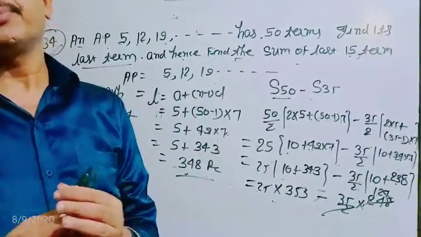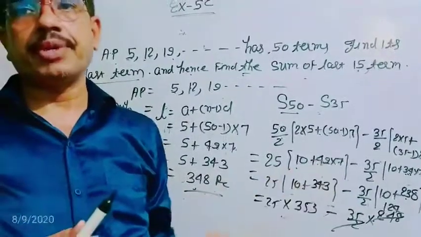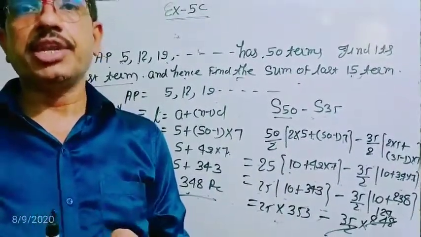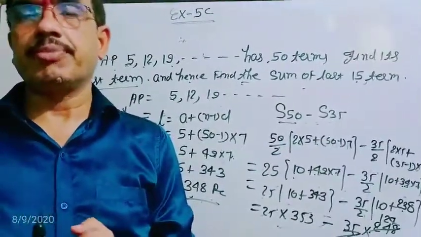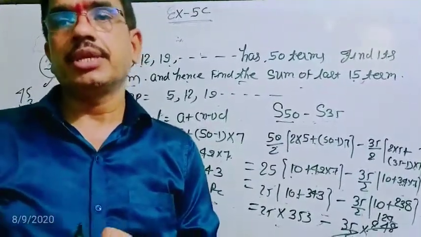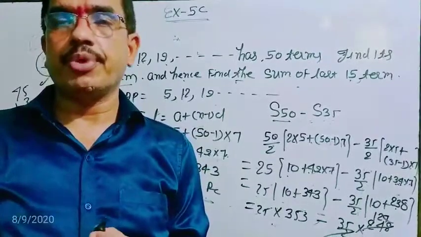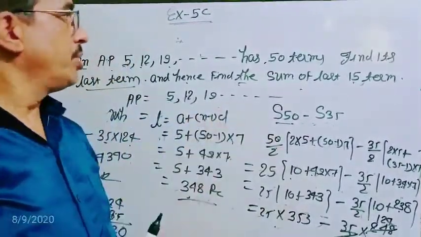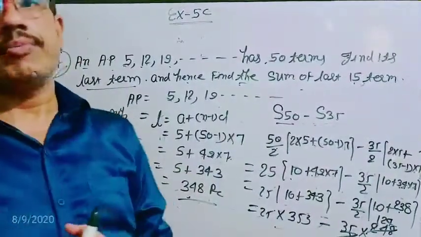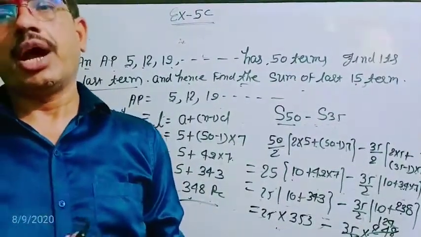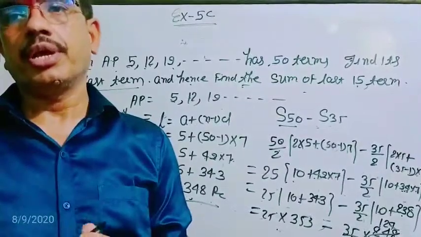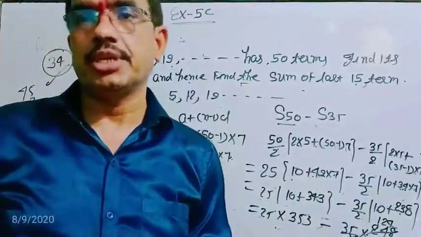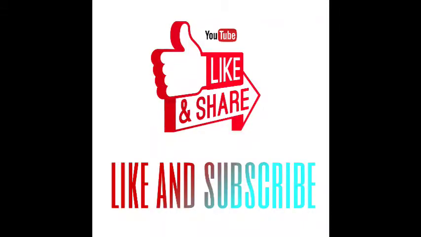In this chapter, the word problems after question number 35 or 36 are all application type problems. This is removed from your syllabus by CBSE, the new syllabus. So you don't have to read this part. Now only solve up to question number 35 or 40 approximately. And all question numbers above 40, you don't solve, because they are removed from your syllabus. Thank you dear students.